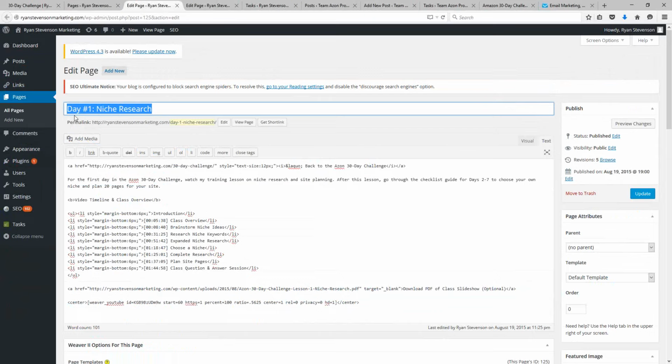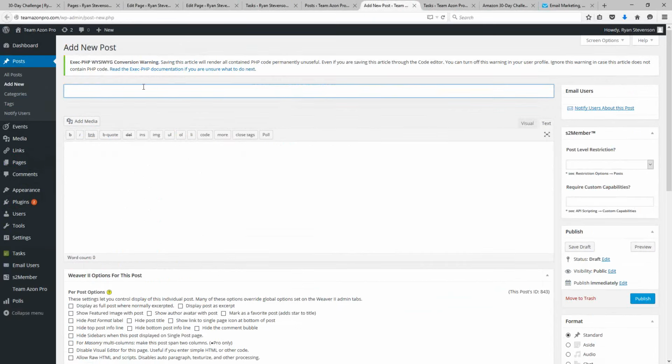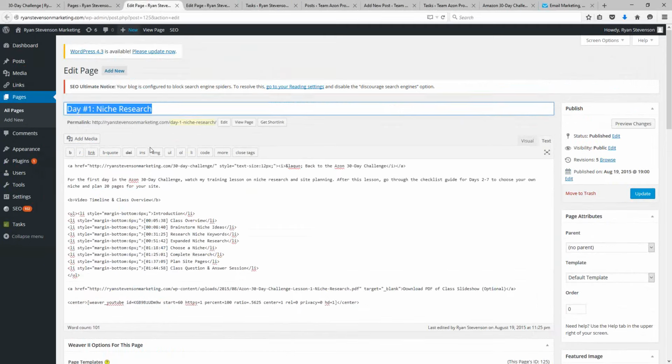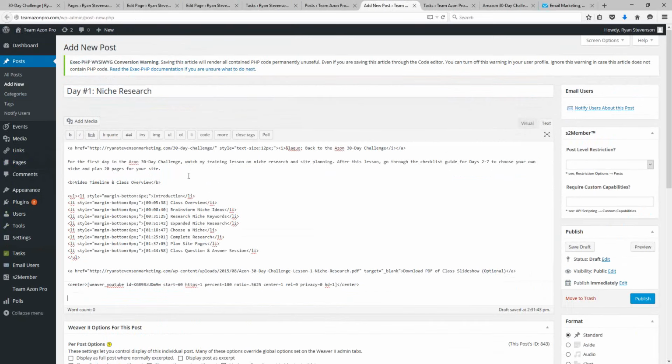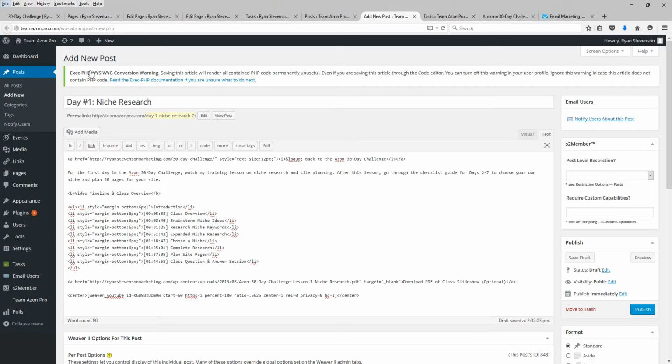So you want to copy the title over like so, and also copy the content of the page over. Now, the main thing that you need to worry about doing besides copying the content over and also making sure that you're using a post here and not a page like the original is to